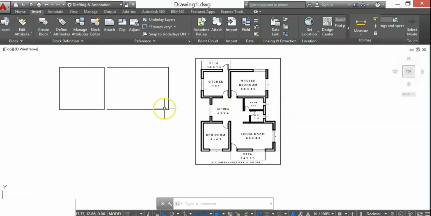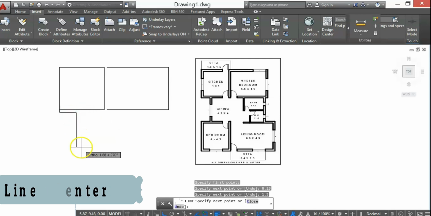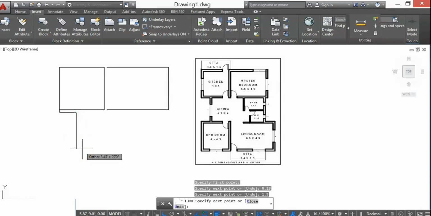For the dining, I'll take approximately this area. So for that, L, enter. Again I am adding wall thickness. 1.5, enter. This is 4, enter, and the length is 4.9.